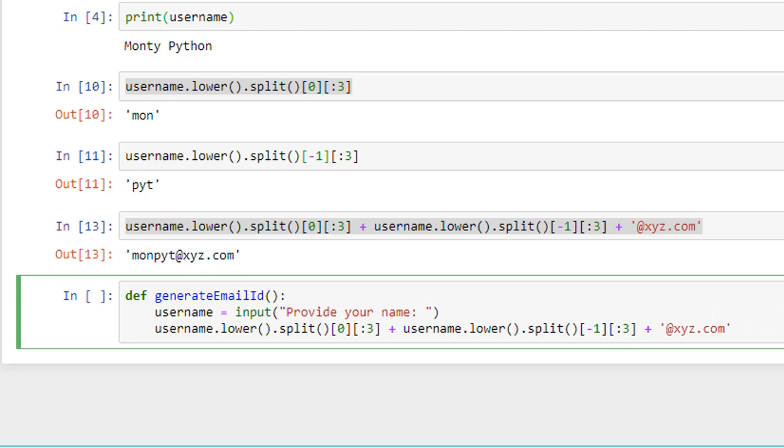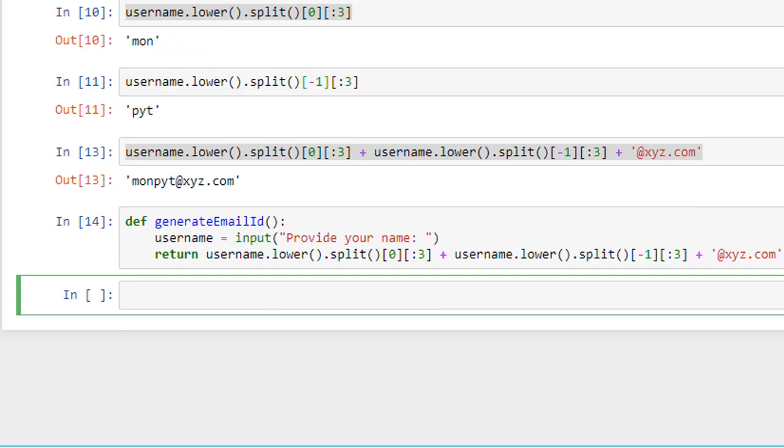As this is a function, all functions always return something. So this is going to be my last statement, and this will be the returned value from the function. So I will use the return command in front of this, and let's execute the cell to create the function. Now the function has been created. Let's see how it works. So I will call the function